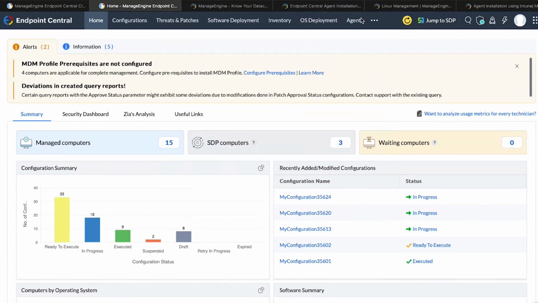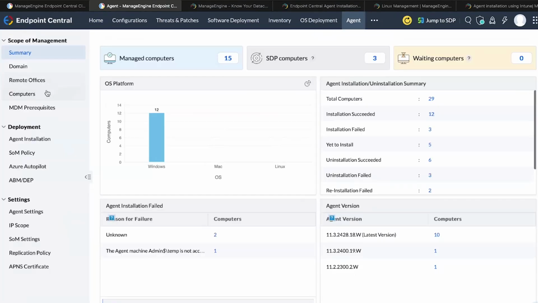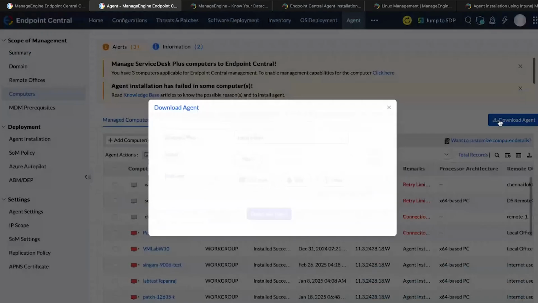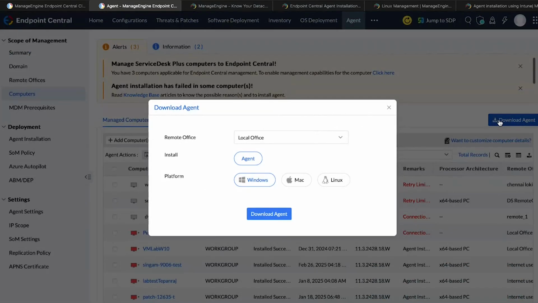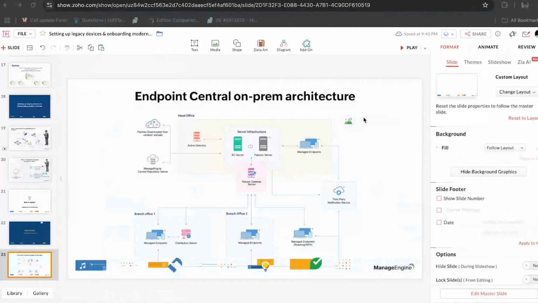Once you log in, you can go to agent and download the agent from your console. This will download an agent that is intended for your environment. We have specific certificates that authenticate with your environment. Then you install that agent